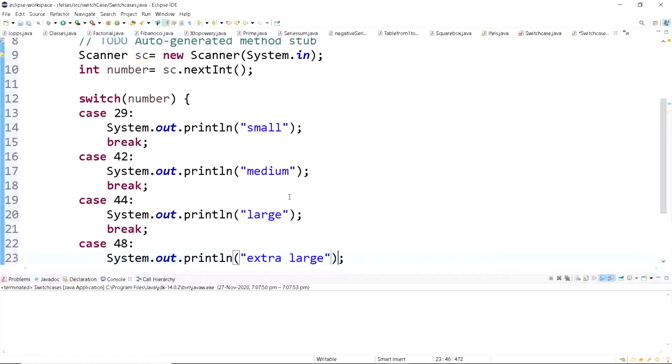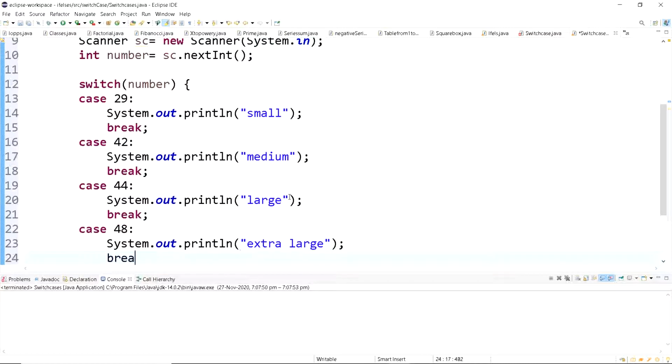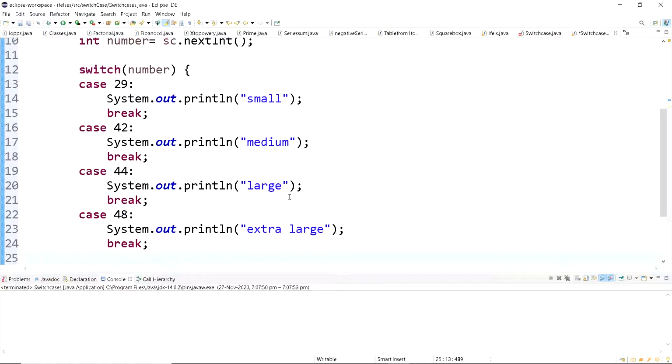I'll explain this break keyword after I write the whole program. And after you write all the cases, it is very important to mention the default.